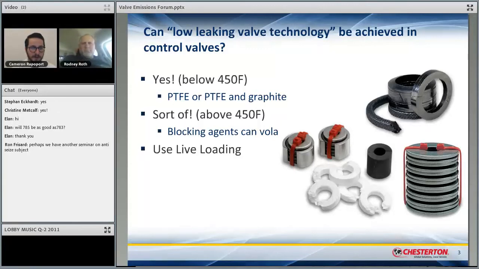So Ron, I don't know if you want to talk a little bit about exactly what live loading is and why people might want to use it. Okay, well, you see the pictures there. You see a couple of devices there. The arrows pointing at those are an actual OD guide design that is my favorite with regards to valves, because if you're torqued effectively, that top washer will be flush with the top of the actual OD guide.